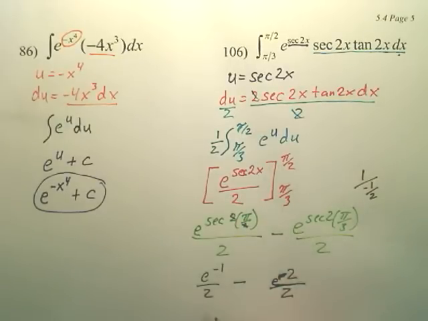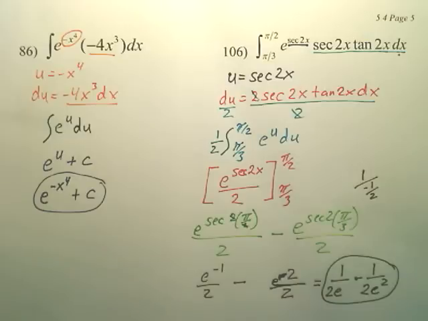Now what I would probably do here, just for simplification purposes, I would make this 1 over 2e minus 1 over 2e squared. Now you could also get e's on the bottom, you get a common denominator and everything, but that's probably good enough. That would be your answer, which you could put in